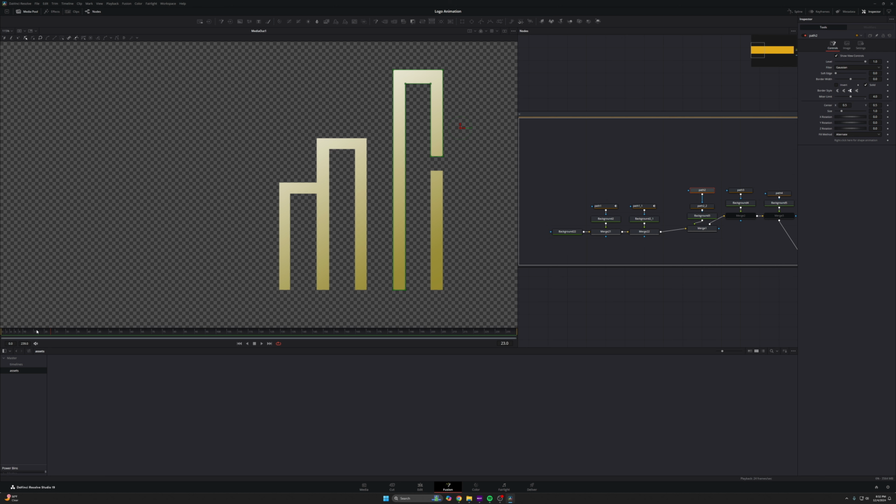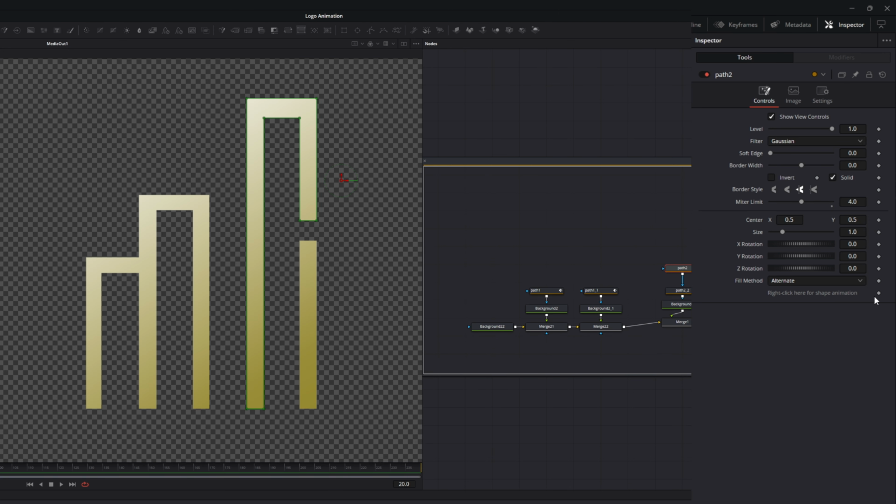So I want this one to be done animating, let's say here on frame 20. Now again, we could always change when it's done. I just showed you how to change the timing. So just for the sake of getting the animation started, this is what I'm going to work with. So I'm going to say on frame 20, I want the animation to be done. I'm going to come into my inspector, right click here for shape animation, click that, and let's start moving backwards,